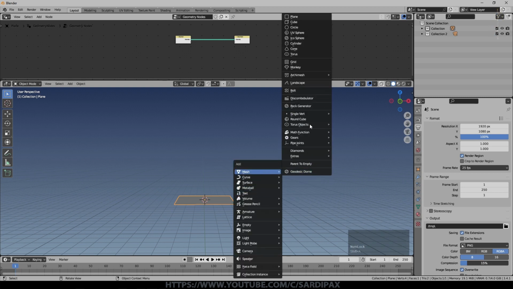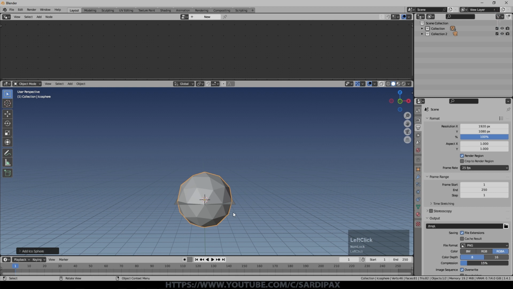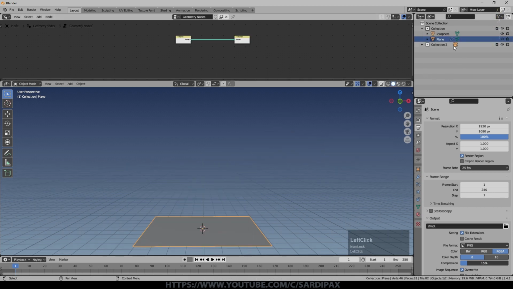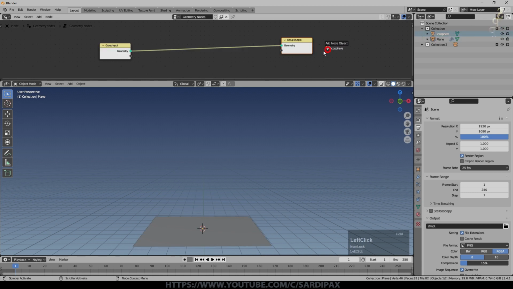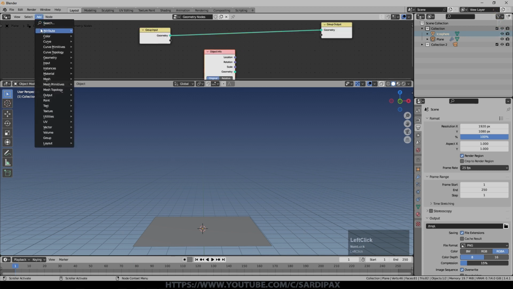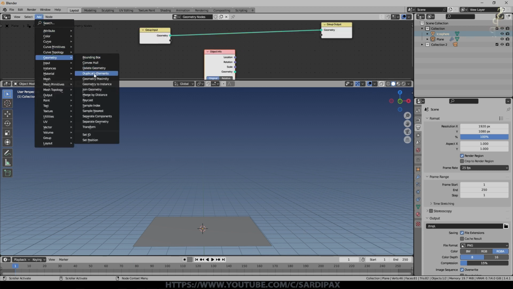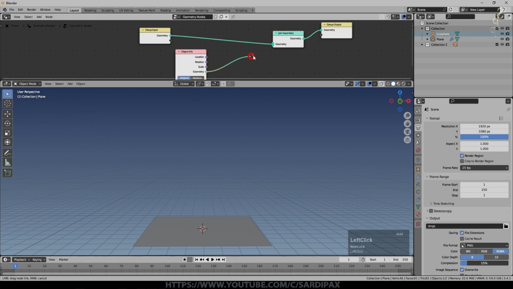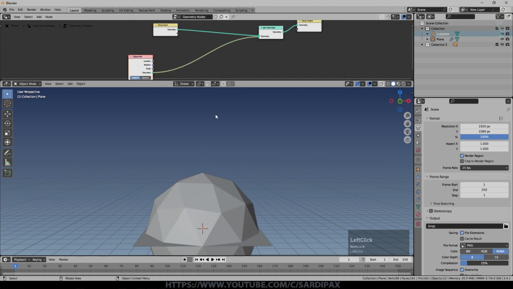So I'm going to add a mesh icosphere, and we'll put that over here. Come back to my plane, and if I look in my collection, there's my icosphere. So I'm just going to grab that icosphere entry up there in the scene collection and drop it in here. I'm going to add under the geometry settings, a join geometry node and put that there because I want the plane to stay there. I don't want it to vanish. And then I can take my geometry from my icosphere and do that. And it just appears. So that's created my icosphere.